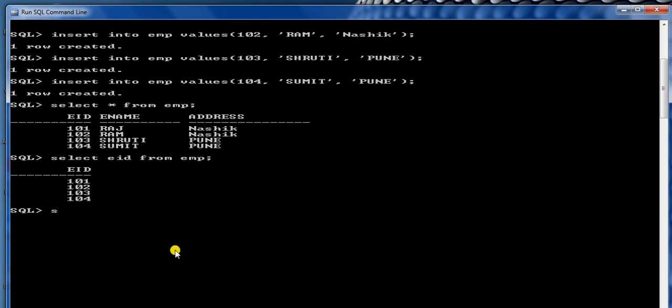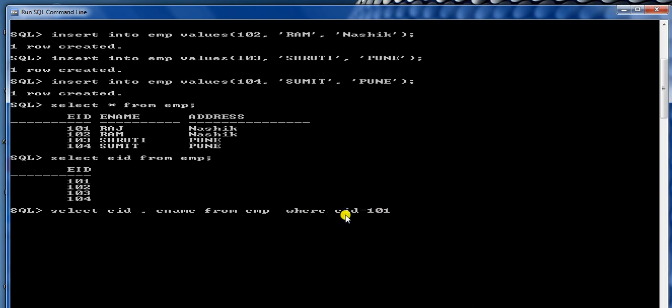For that purpose we have to use the command like this: select EID, comma, ENAME, that is employee name, from EMP. It will search for the employee ID and employee name, but we have to search for employee ID 101. For that purpose we have to use the clause where EID is equal to 101.